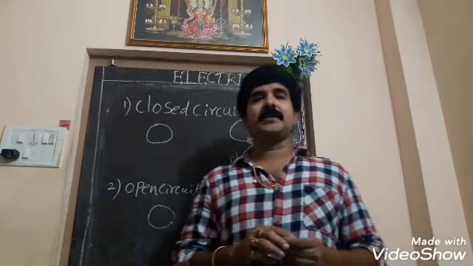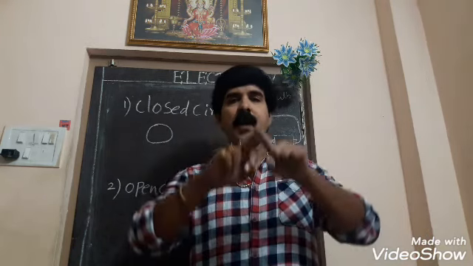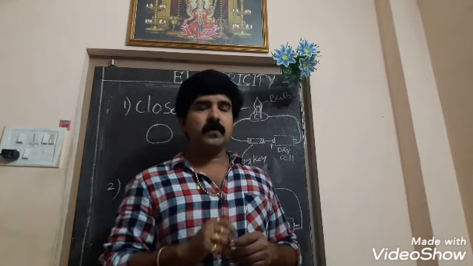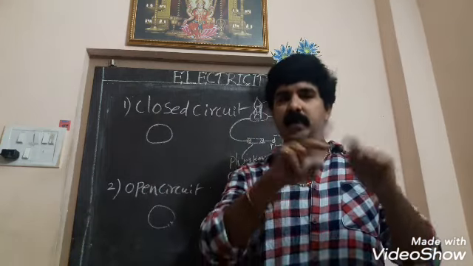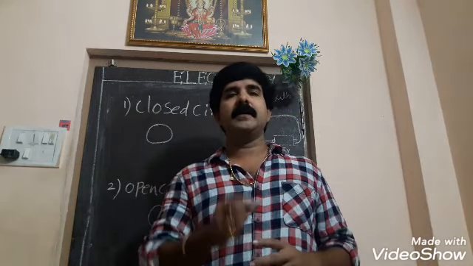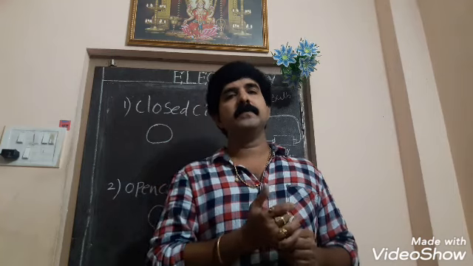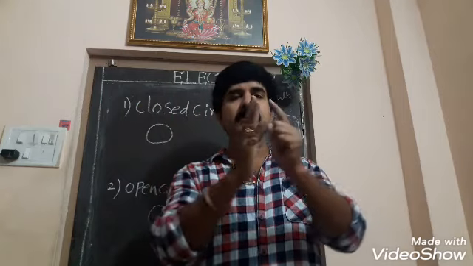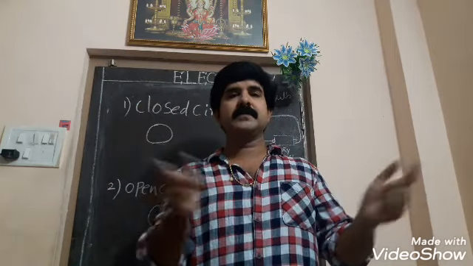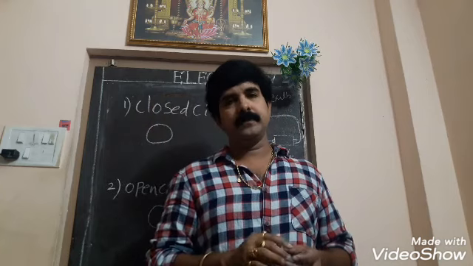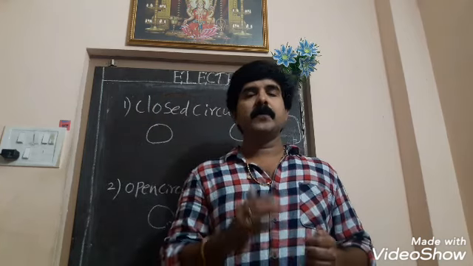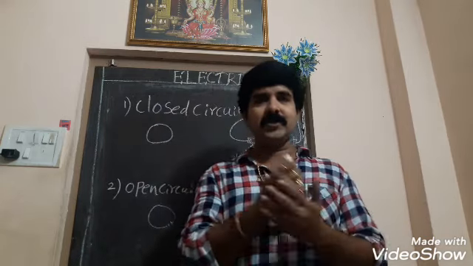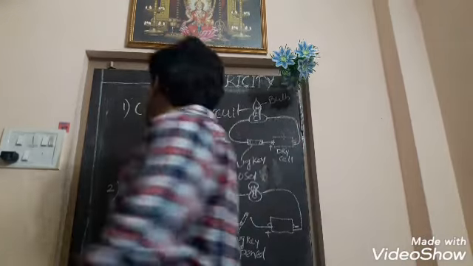And at the last, we had a small discussion over how many circuit formations are there. There are two circuit formations, open-ended and closed one. Closed one means completion of circuit. Open-end means the circuit is not closed, means current doesn't pass through that. Now we are going to learn about how the diagrams will be formed in each case. Now let us see.